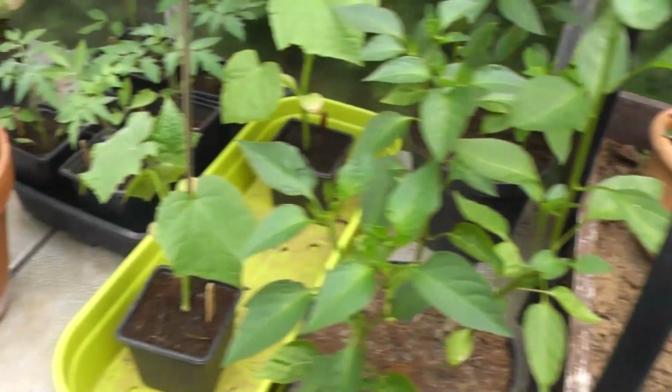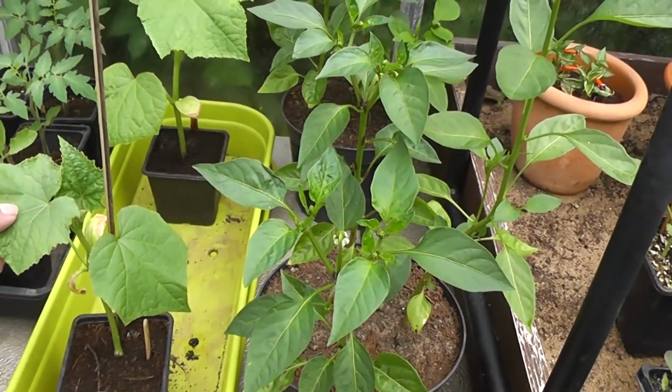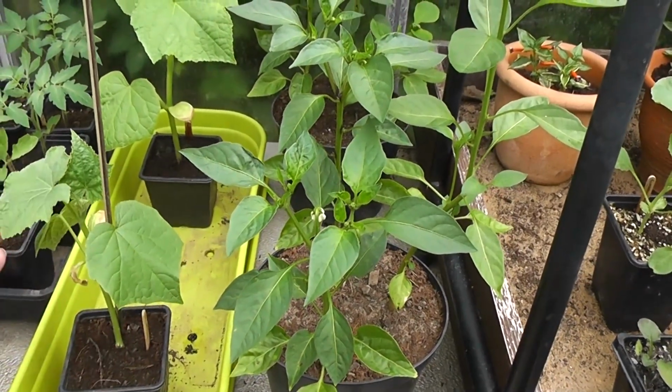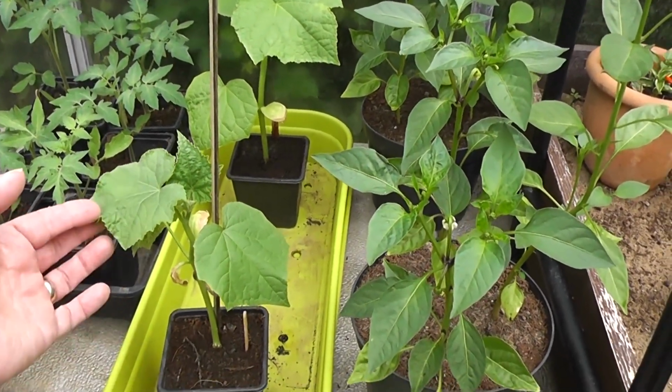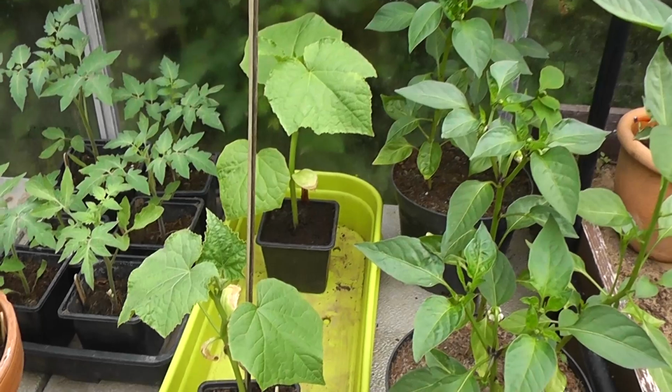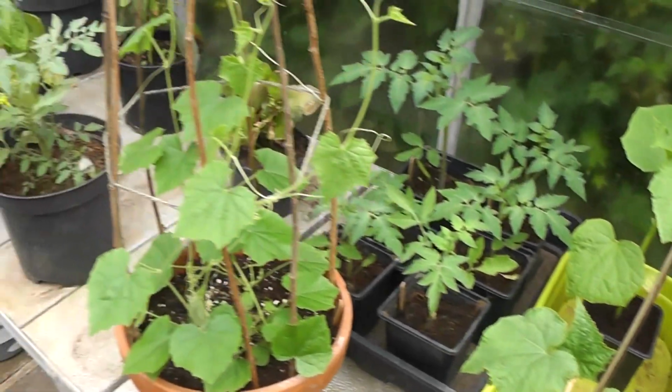So hopefully we might get some heritage melons this year. A couple of cucumbers which are quite pathetic really. Passandra, which is a lovely variety and grew well last year, but it's been very slow this year. But it's early days, and we'll get some nice fruit. Cucamelon,